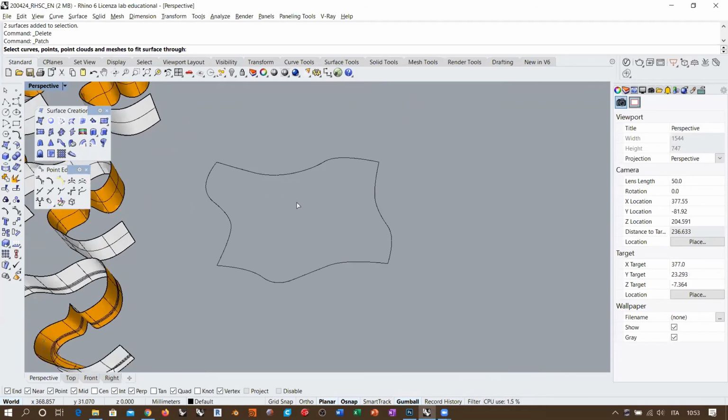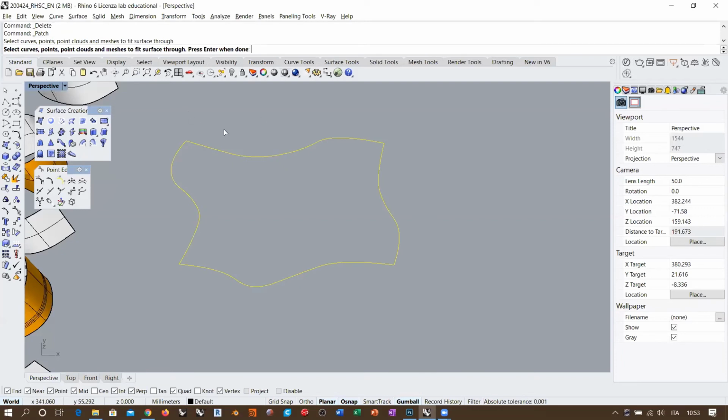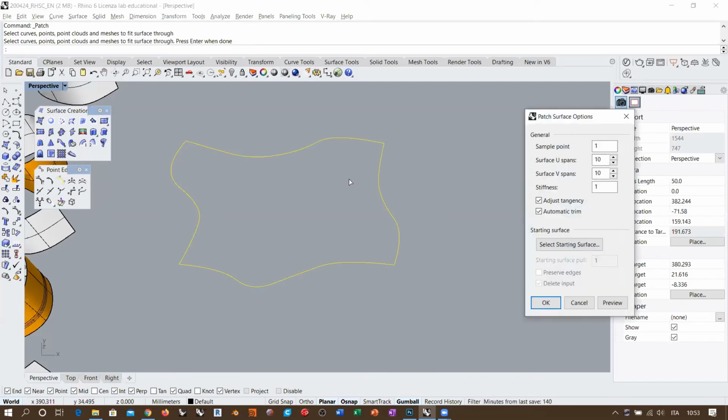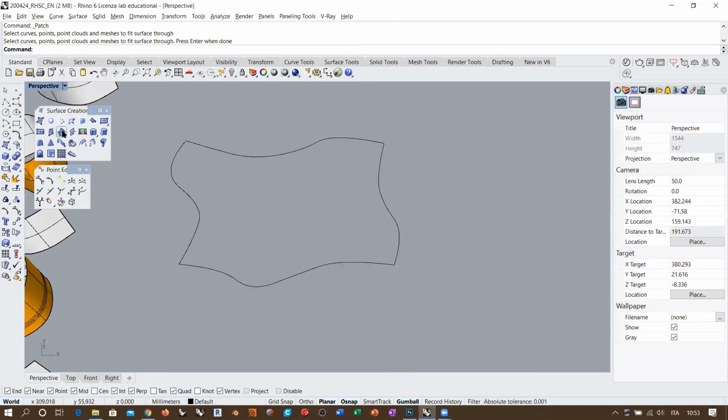Now, what does it mean? It means that if you take these lines here and press enter, then the patch starts doing something like this. It takes these curves, starts distributing points along these objects,